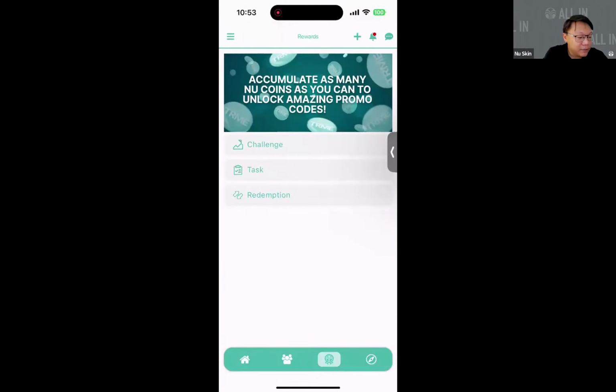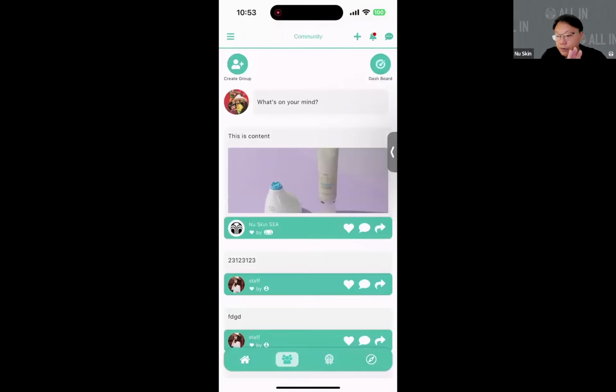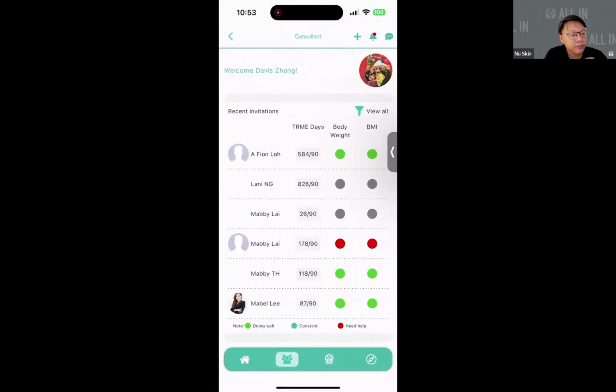Okay, the next one I want to show is probably for the consultant, right? As a consultant, you will come to this second page if you look at the bottom, which is under the community. If you are already granted the consultant access, you will see a dashboard on the top right called dashboard. Okay, simply click on it.